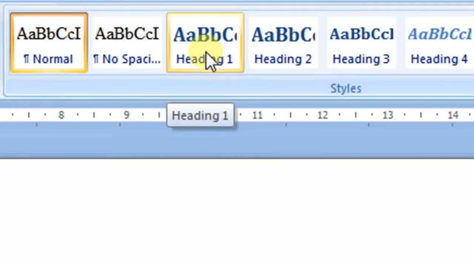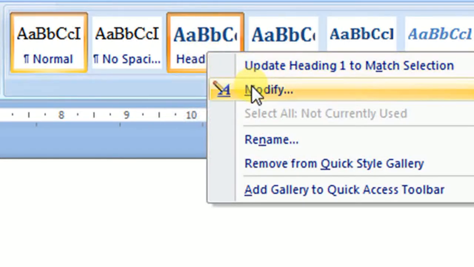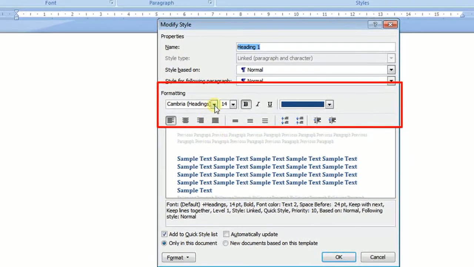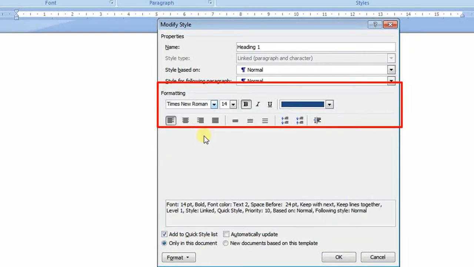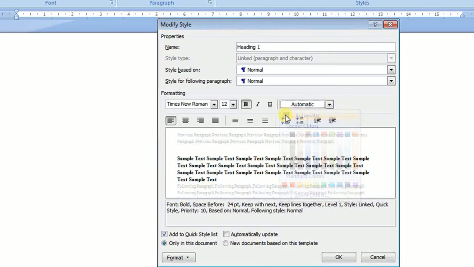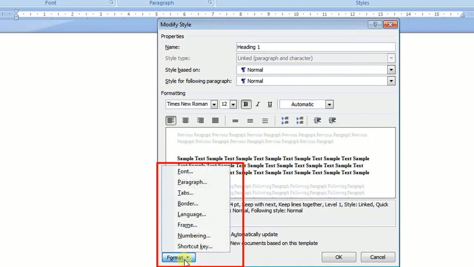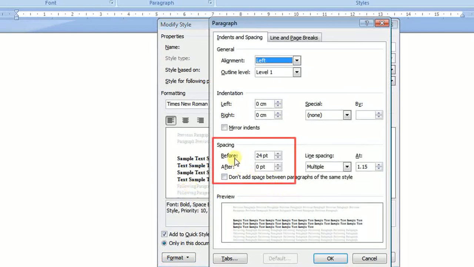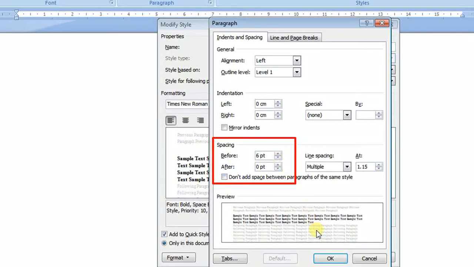If I right click on heading 1, I can modify that and I can change it from Cambria headings to Times New Roman. I can change it to 12. I'm going to leave it bold because I want the heading to stand out from the main body of text, and I'm going to change the color to automatic. One final change I need to make in here is to format the paragraph. So I'm clicking on the format button, I'm going to paragraph, and you can see the spacing before is 24, which is far too big for us. We need it at 6. So if I say OK to that,